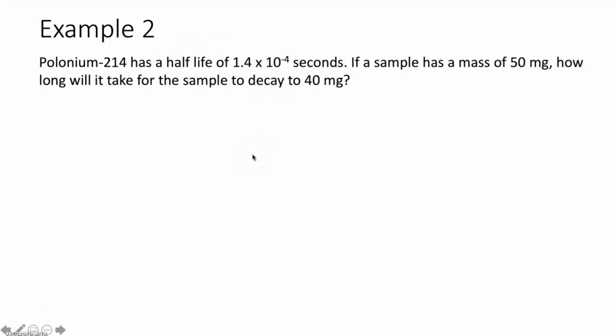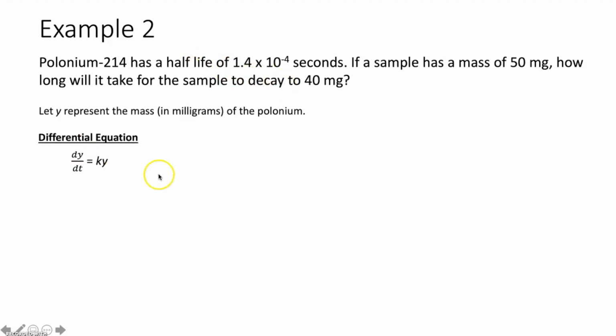So we need to designate a variable. What is going to be the amount of polonium-214 remaining? We'll call it y. Now, because we're dealing with half-life and decay, we're technically dealing with the proportional rate of change. Now, this differential equation, we know if we were to solve that and find the general solution, it would be our exponential growth and decay model. So we don't even have to bother solving this. We know we're going to deal with this right here.